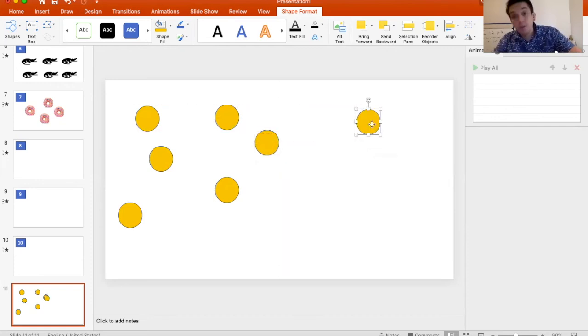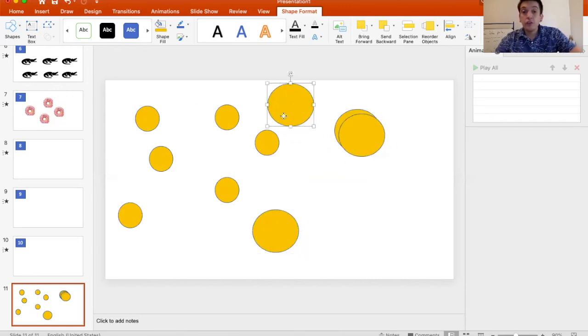If I want them the same size, all right? Maybe you don't. Maybe you want this one a little bigger so you can sort by size. Again, copy paste is your best friend. So copy, paste, copy, paste, copy, paste. Boom, you just made a quick sorting activity based on